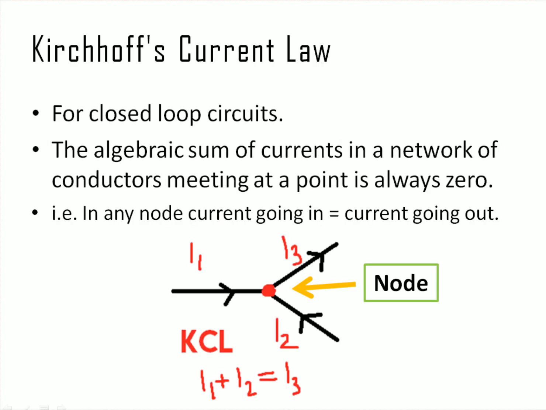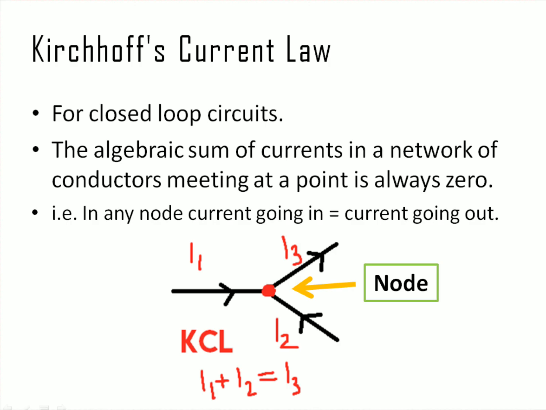Now, Kirchhoff's current law. It is basically for closed loop circuits, as you've seen. Now at every point, which we will call nodes, where different branches meet,